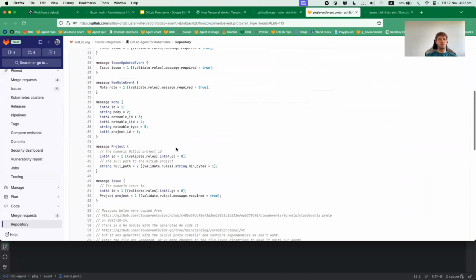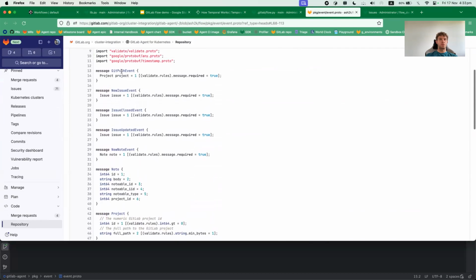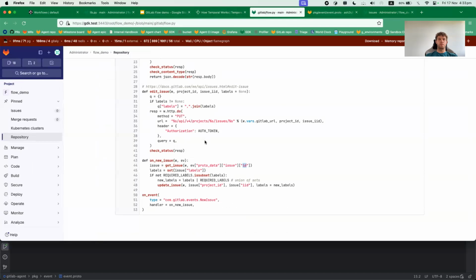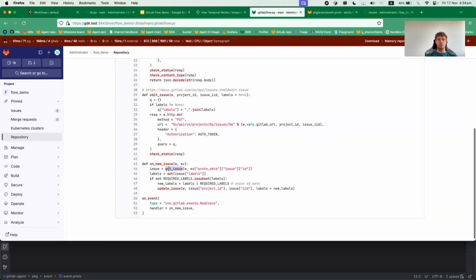And this is the definition of the, so new issue event has an issue in there, and an issue is this message. It has an ID and it belongs to a project that has an ID and the full path. This is just the payload of the event itself. So yeah, we get the ID of the issue. Oh, sorry, this is the ID of the issue. We call that get issue function. That gives us the, so this goes to